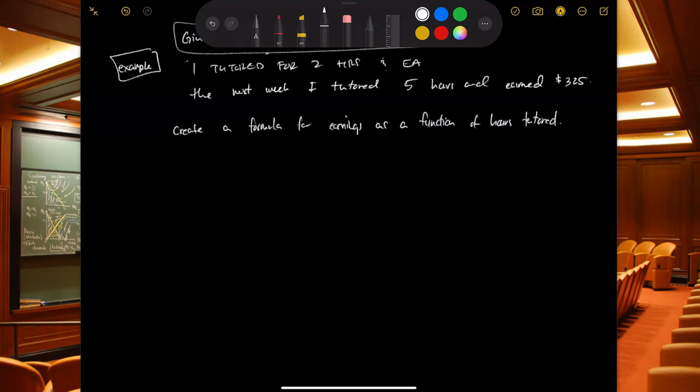And earned $130. The next week I tutored 5 hours and earned $325. So let's assume that this is a linear function, and we're going to create a formula for earnings